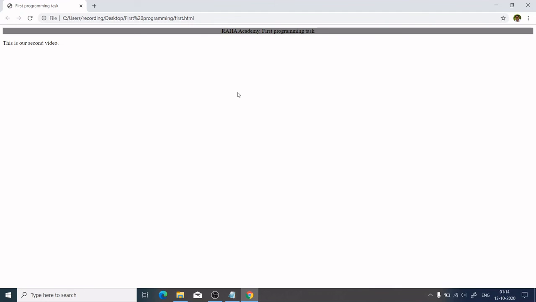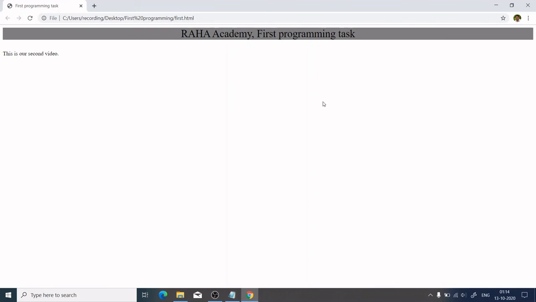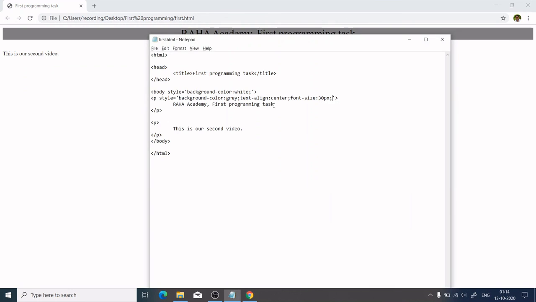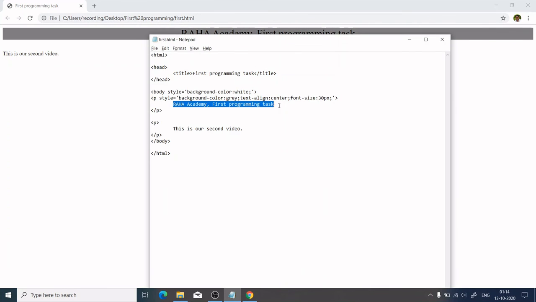Okay, so we have this content here. We can also increase the size of the text, like font size. We can make it as 30 px, and we can see it increasing. We can change the color of the font, but just to give an example, yeah, we have the content, and each text part can be formatted as per our needs. So for this small task, we'll end it here.